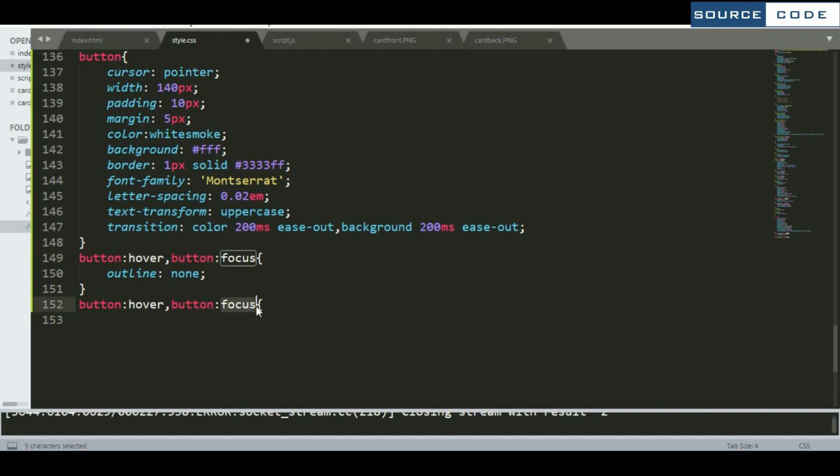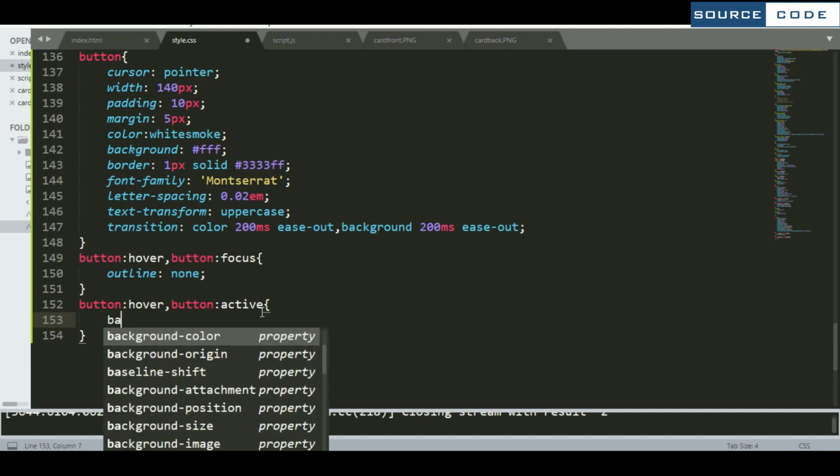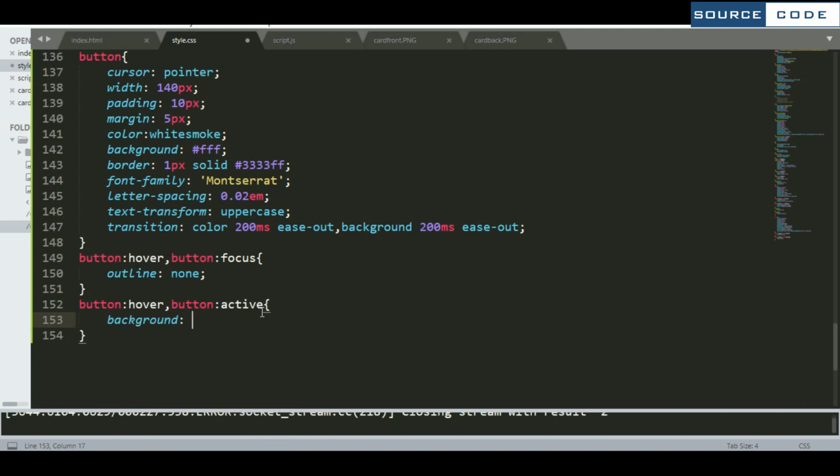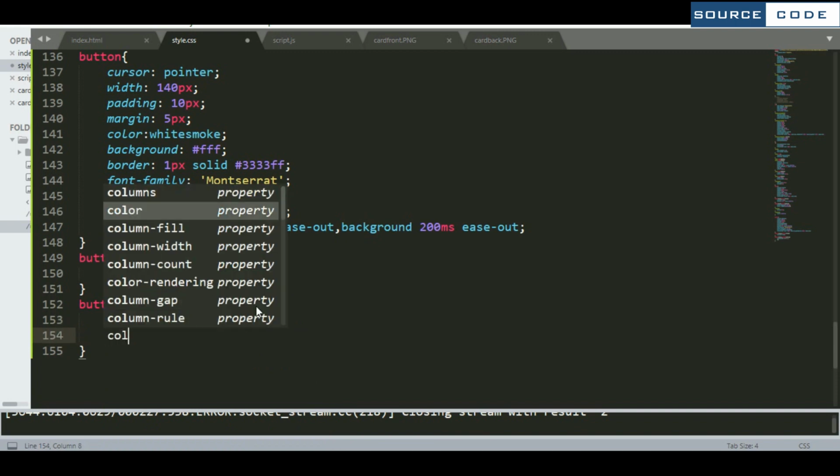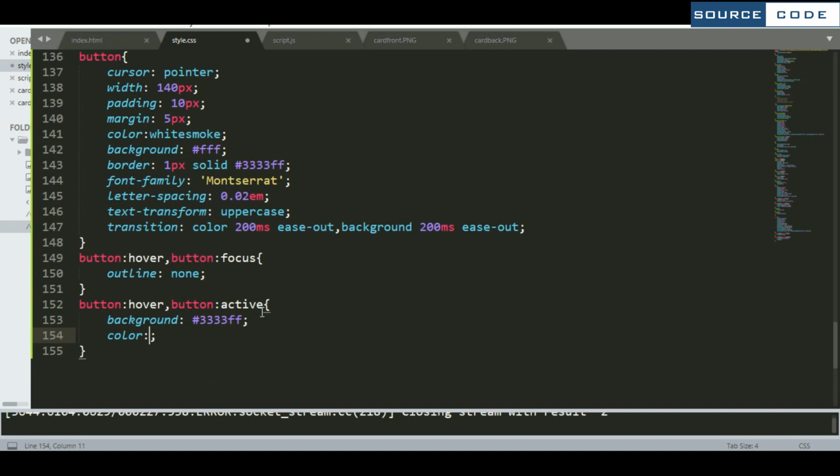Make it as active. So here you need to give a background. Now give a color here. So I am taking white smoke. We are all set now. Let me show you how it comes.